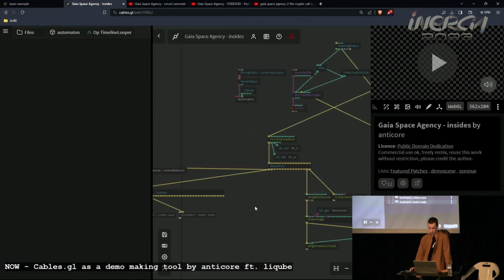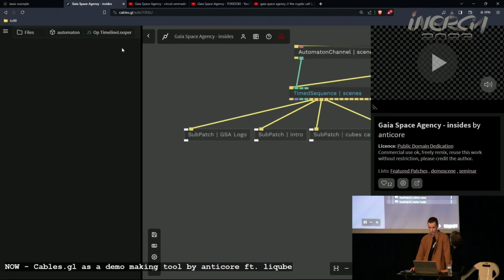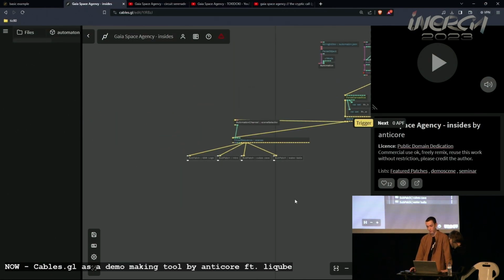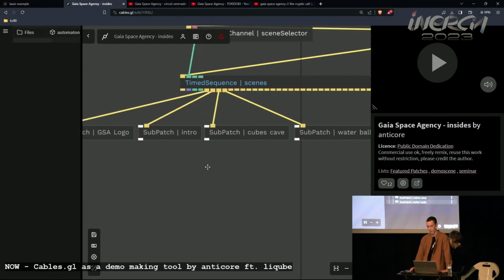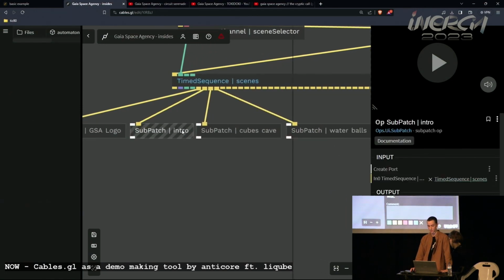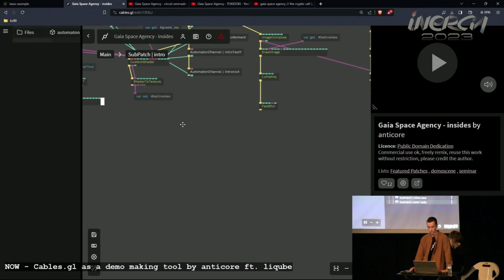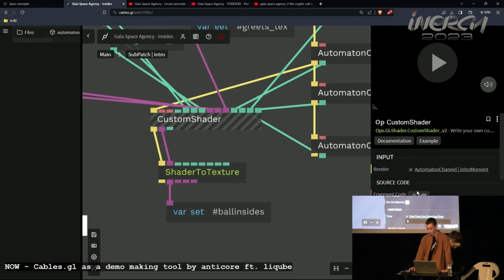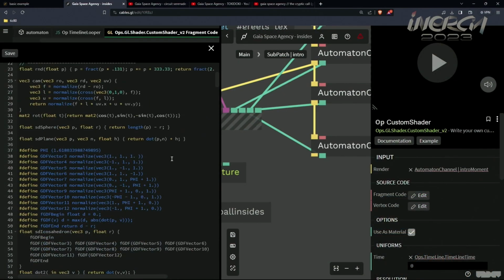Make the preview smaller. So if I go into one of these scenes here, each one of these is a sub-patch, which means it's a patch within the main patch. So here I have one sub-patch for each scene. If I go into the intro scene, which is the icosahedron, you can see that somewhere around here there's a custom shader here. And if you open its code, you can see that this is the code that generates that whole scene,